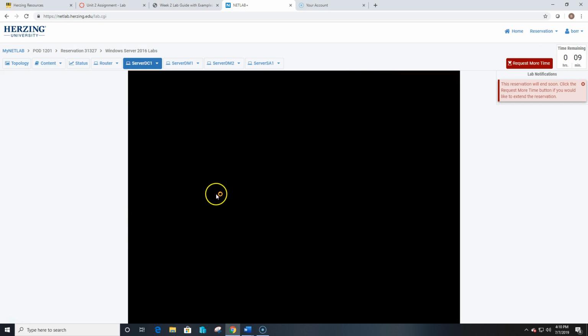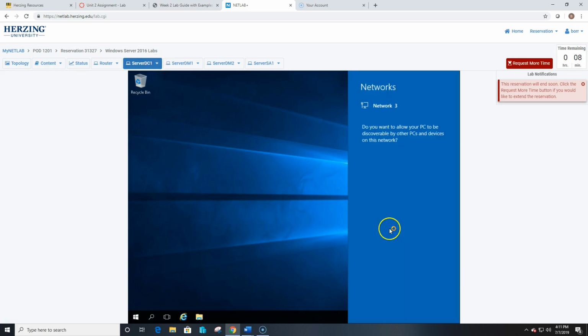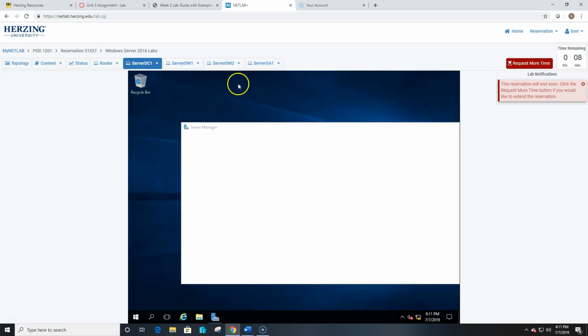And now you'll see we'll come up to the desktop on this server. Okay, a couple of other things I want to show you. Notice your space here is kind of minimized. It's not using your whole